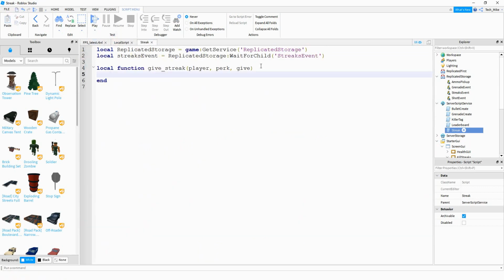Okay, so now inside this function, we're going to say if give then. The reason we're using this give value is because eventually we want to take away the kill streak. So after the 10 seconds, we want to take away the speed boost and also the jump boost. So this is how we're going to do it, by using this give value. Okay, so inside this if statement, we're going to say if perk, so this is referring to this value right here, is equal to "perk1",